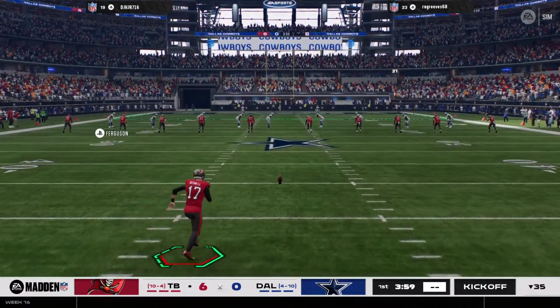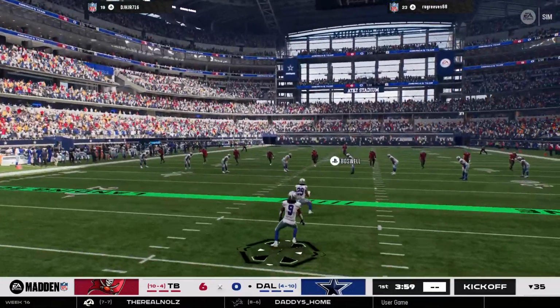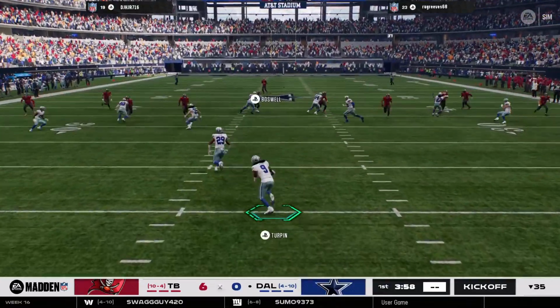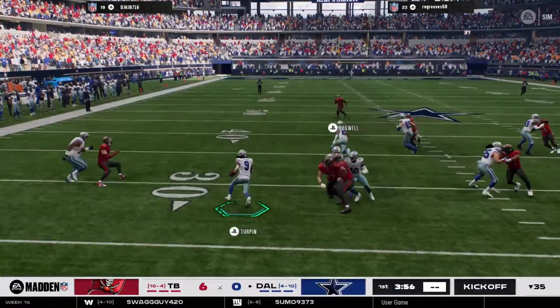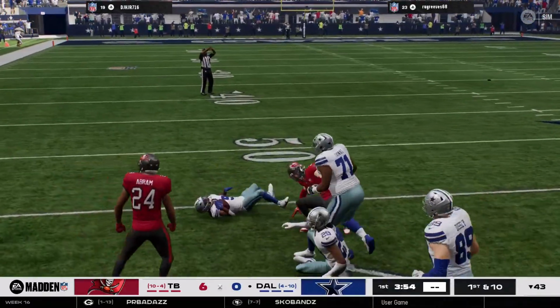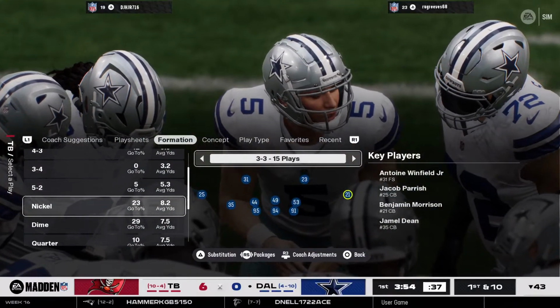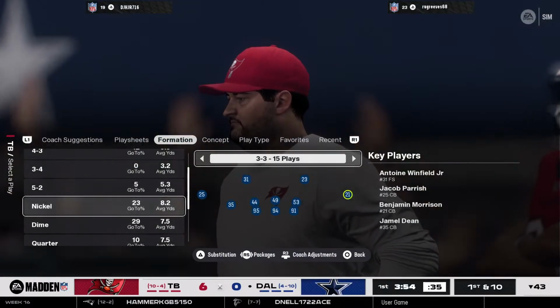Boswell now following the touchdown. Back out to kick this one off. Devontae Turpin on the return. A very good field position to start as the return is past the 40. Cowboys take over first and 10 at their own